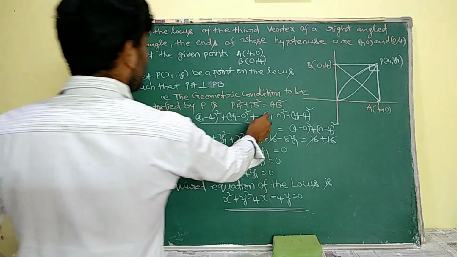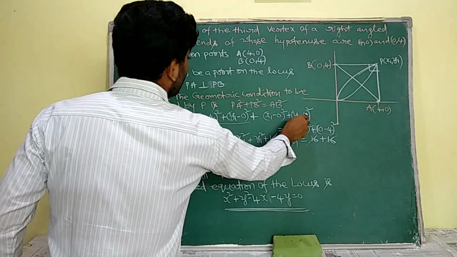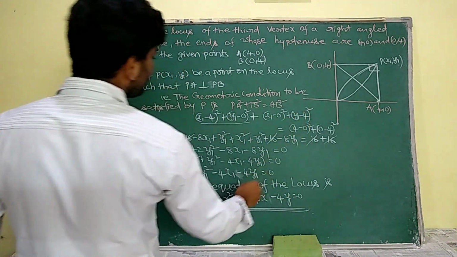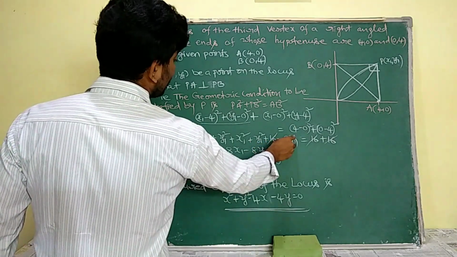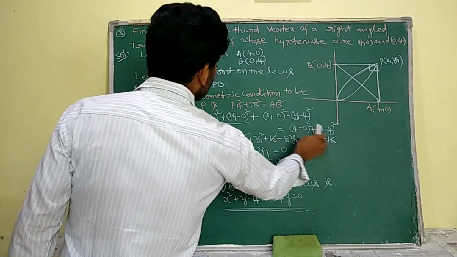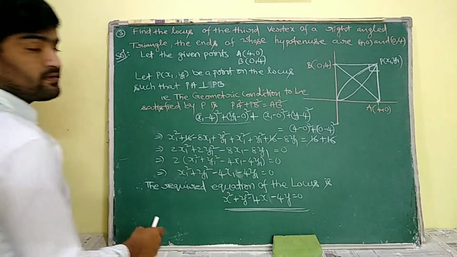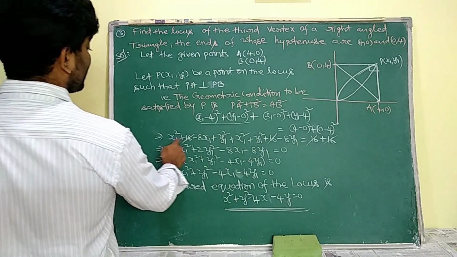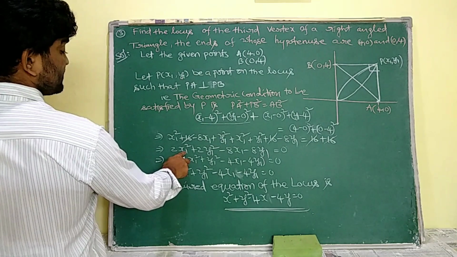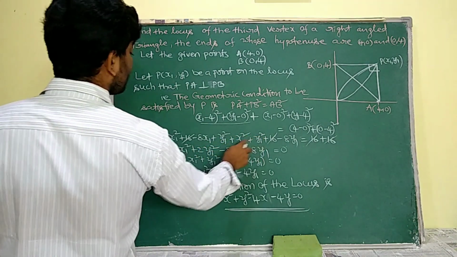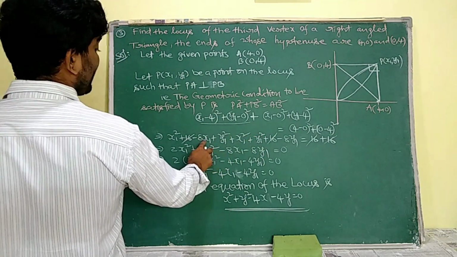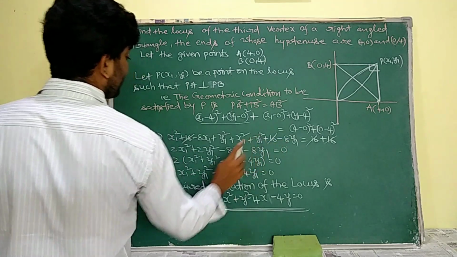Now, here it is x1 square. It is in the form of (a minus b) whole square, so a square plus b square minus 2ab. Similarly, it is 4 square plus 4 square minus. Here this 16, 16 and 16, 16 are going to be cancelled. Here one x square, here another x square, so 2x1 square. Here one y square, here another y square, so 2y1 square, minus 8x1 minus 8y1.